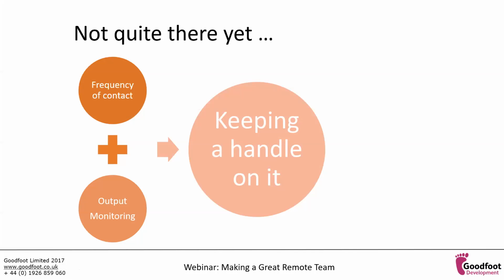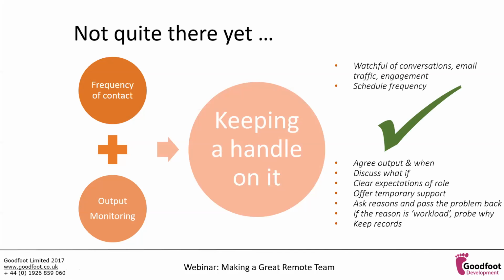What's very key and critical is frequency of contact and discussion of output, keeping a handle on performance as it fluctuates. And on the right there, I've put some thoughts for the team leaders amongst us to take away, which are not new thoughts. They've been around for ages, in terms of watching the conversations and being mindful of who may be lowering their output a little, maybe for personal reasons, social reasons, family reasons, and then getting on it very, very quickly. Very quick conversations, agreeing output, as you can see from those bullets,